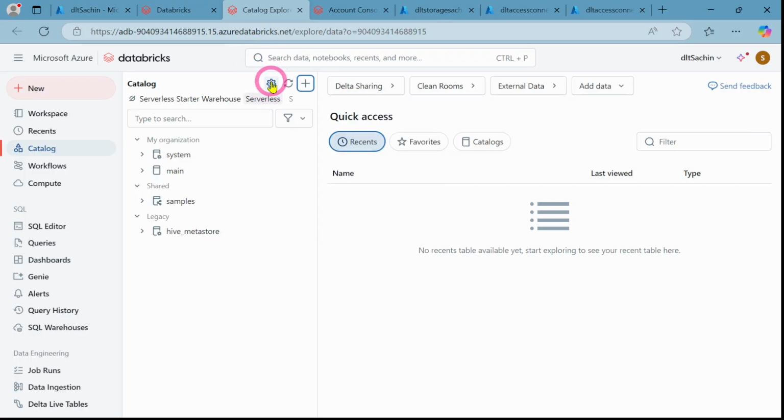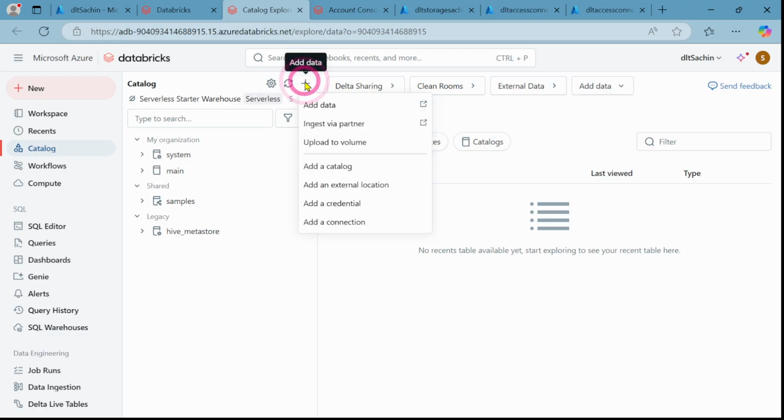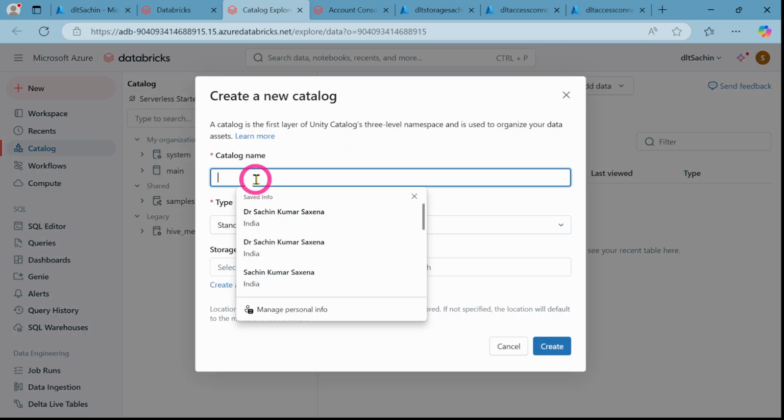Okay, if I click on this setting, you can see this is showing my Metastore, which means I do have this assignments, this visibility here, DLT Metastore. I'll have to click on this option, add a catalog. I can manually add this catalog or run a script from the workspace to run this catalog. So I'm going to add a catalog here. For example, I'm going to add